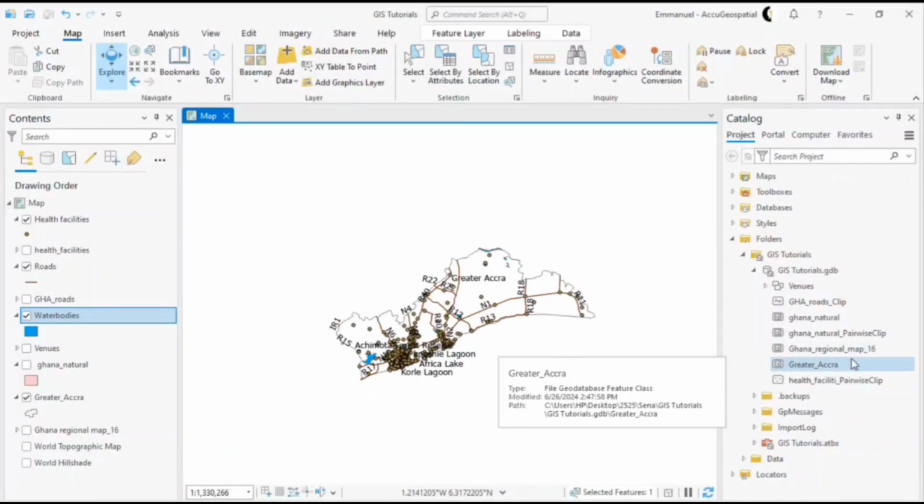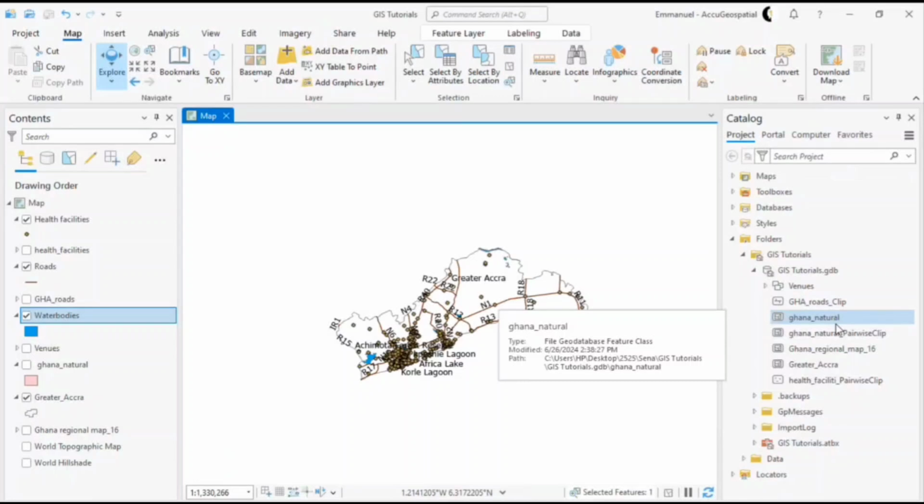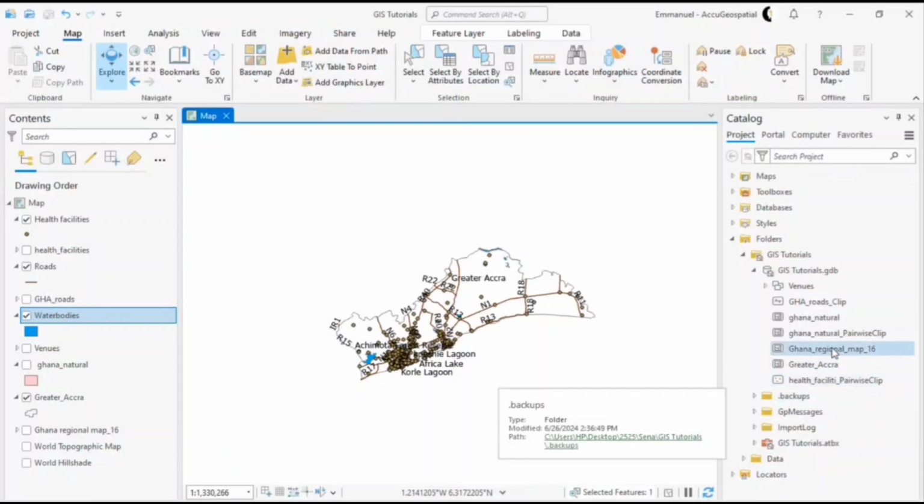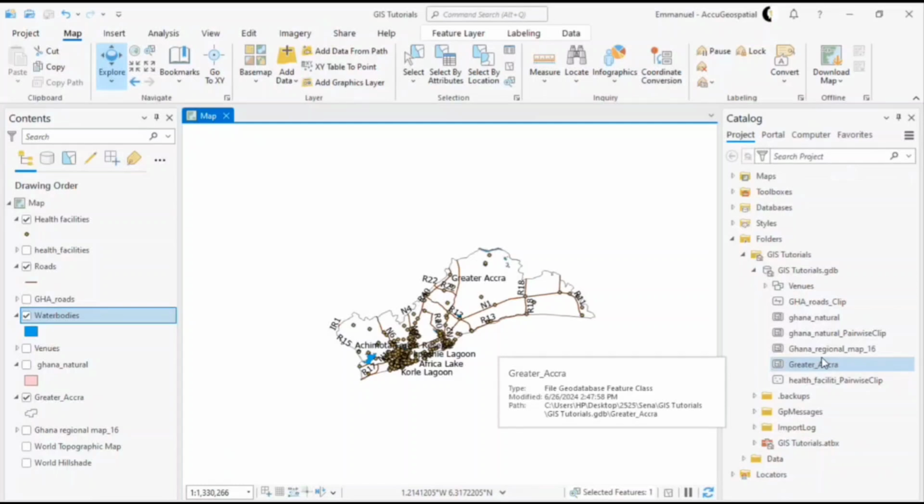options. Domains actually allow the user to select from several options. It gives the user several options to select from, so that they don't have to do a lot of typing, and for the sake of data integrity and all that. So let's say we want to create a simple yes, no, maybe domain. We can create it for any of these. So let's create it